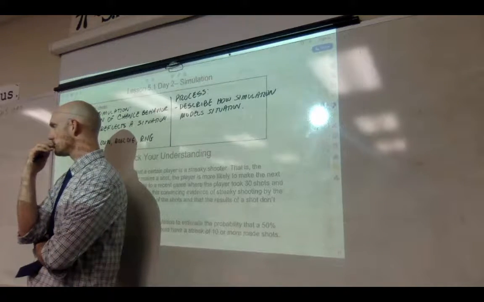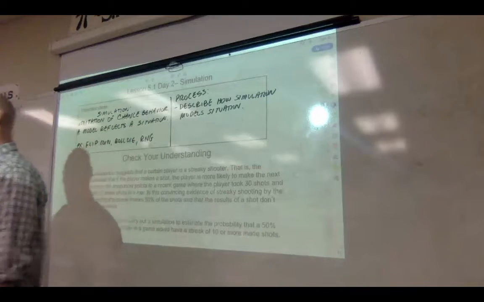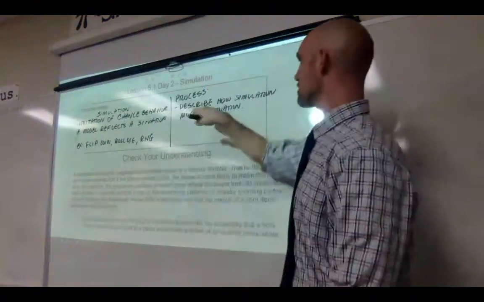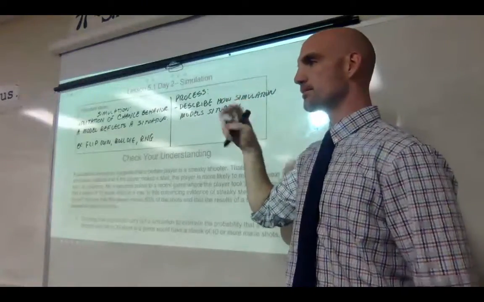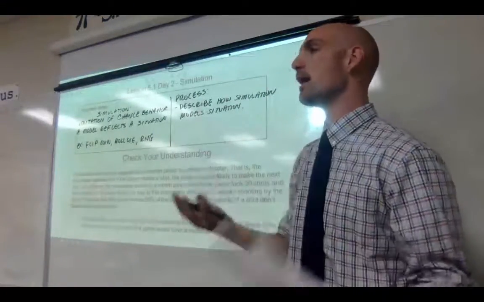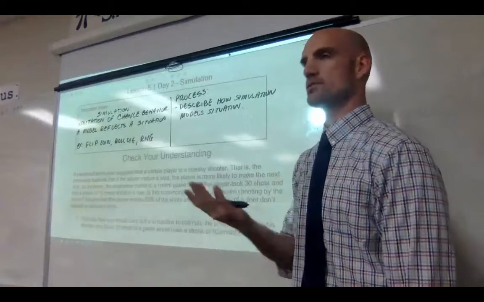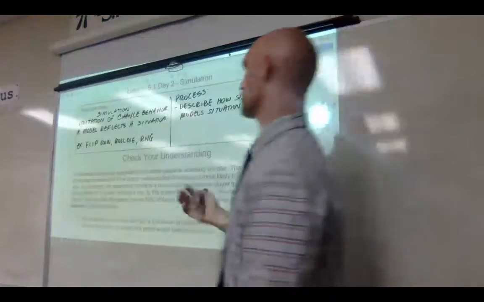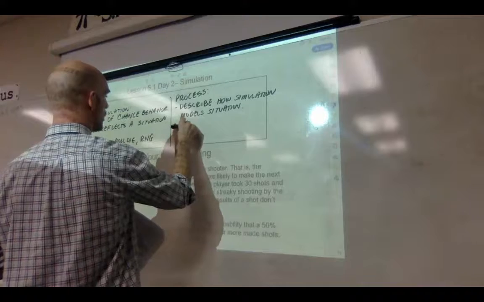Why can't you just do 1 to 6? I'm just helping you think through the process of assigning a random number generator. So it could be 1 through 6, it could be 1 through 12, it could be 1 through 24. But to describe how the simulation models the situation, your proportion of winning needs to be easily incorporated into your model. Would you use a coin flip for this? No, because it's a 50% chance of either event. So you wouldn't use a coin flip for this; you could use a random number generator or rolling a die. So secondly, you need to record results